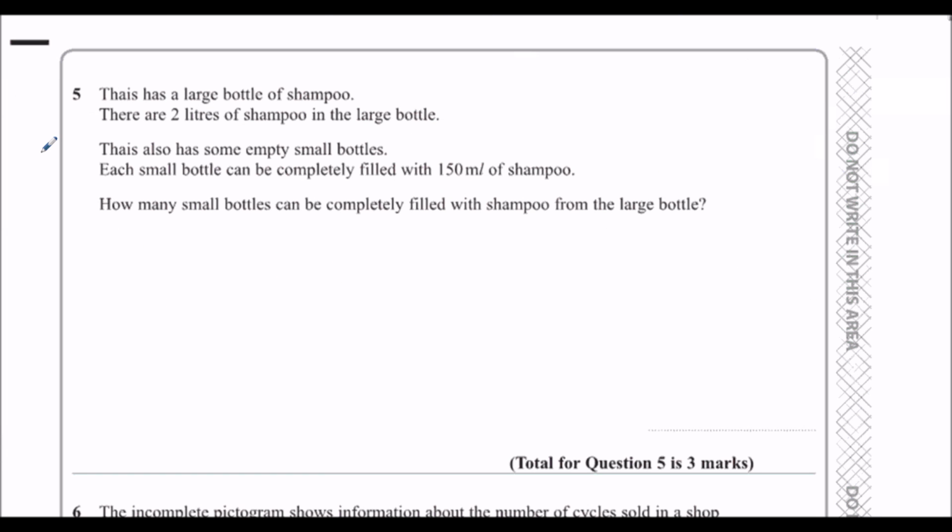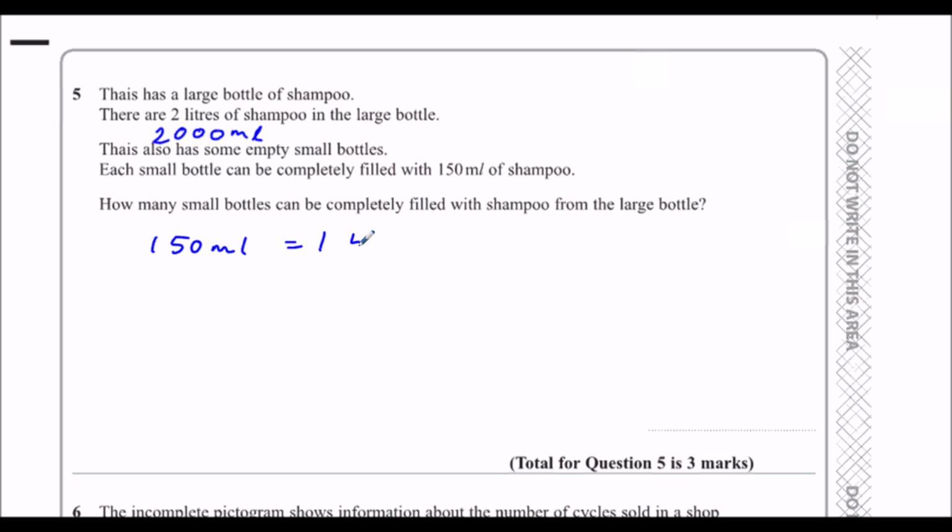Question 5. Thais has a large bottle of shampoo. There are 2 litres of shampoo in the large bottle. Thais also has some empty small bottles. Each small bottle can be completely filled with 150 millilitres of shampoo. So 2 litres is 2,000 millilitres. So how many small bottles can be completely filled by the large bottle? So how many of these make this? So 150,